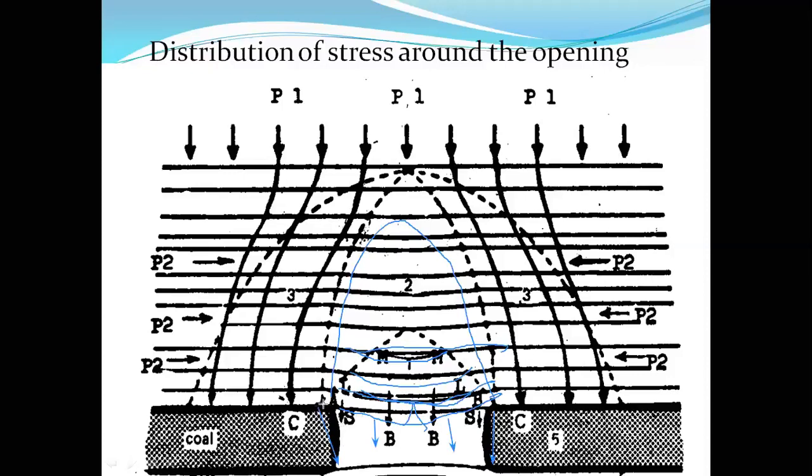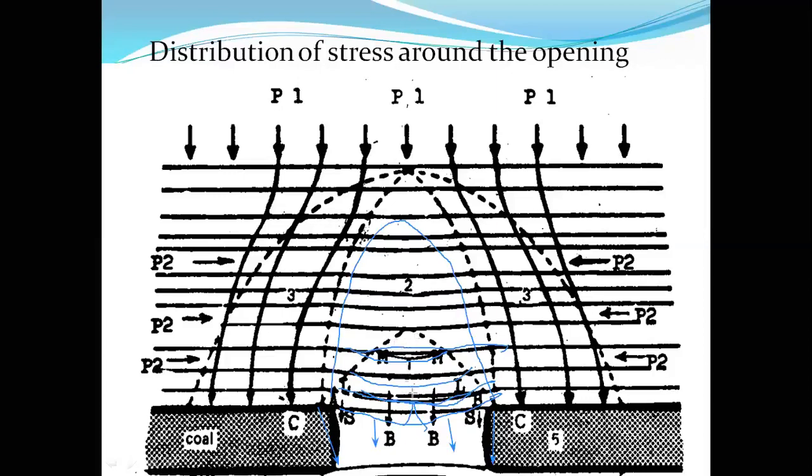Next, as I said, the complete portion of the overlying strata won't get redistributed. It all depends on the properties of the rock mass present in the overlying strata. If it is rigid and can sustain on its own, there won't be any separation, and we will be leaving the opening just like that because it will self-sustain. Here in this case, due to lateral movement, there will be separation between the layers of the strata.